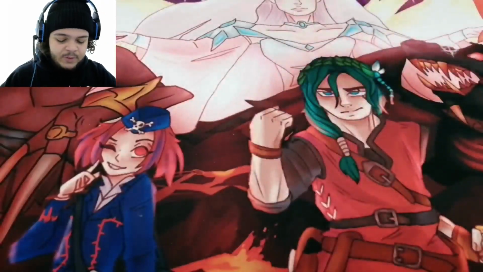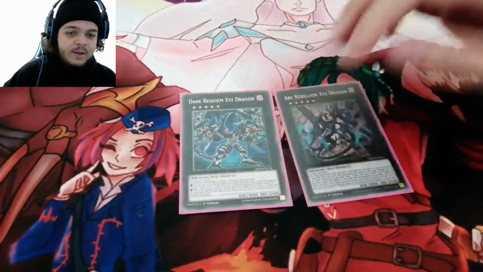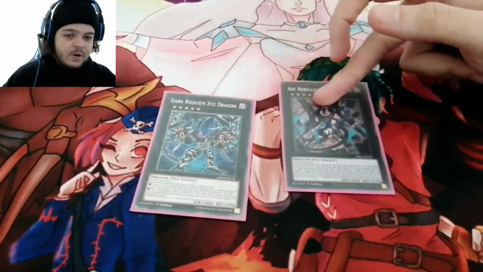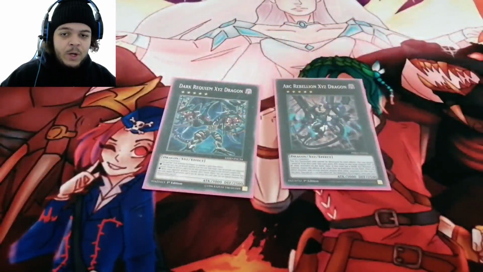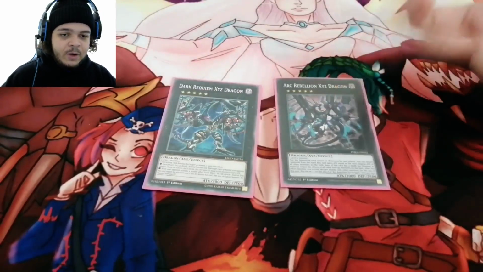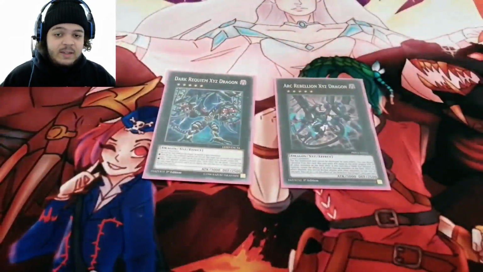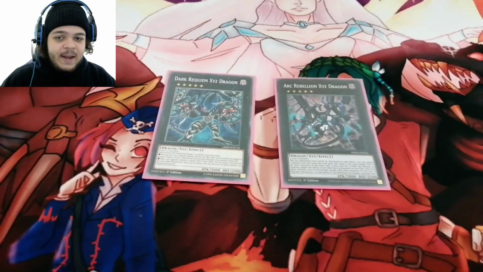Moving on to the 2 big boys of the deck, we have the Dark Requiem and the Arc Rebellion. So this is a card that you make going first, and this is the card that you want to kill your opponent with. Now, even though you are only playing one copy of the rank up launch, the next card in our extra deck will help you go into Arc Rebellion fairly easily. And the Dark Requiem is absolutely insane because it's 3 negates by itself, special summons Xyzs from your graveyard, and that interacts with